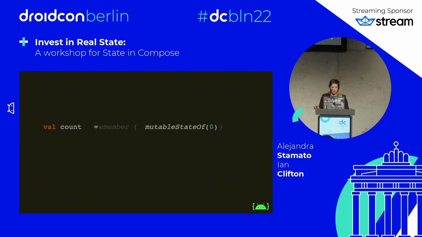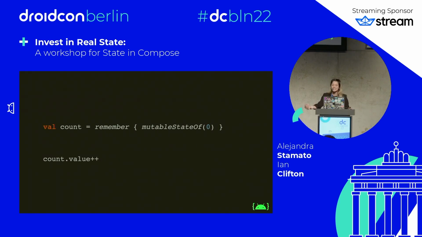We talked about the life cycle of a composable, so when a recomposition is generated, you really wouldn't want to lose the state that you had. So what you typically do is use mutable state with remember in the context of a composable function. With this syntax, you're using the composable remember to remember your state defined by mutableStateOf. So when the composable function recomposes, you don't lose the state that you modified. And you can also access it